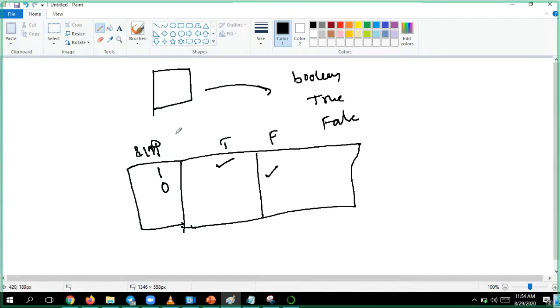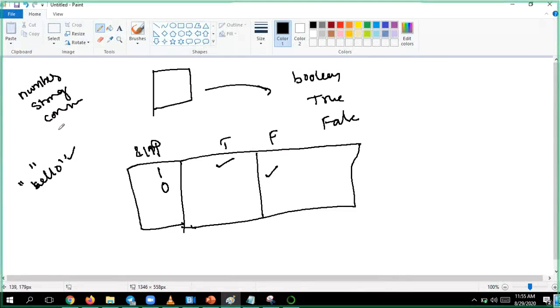Apart from 1 and 0, the other thing to be remembered is in which format you can give. I can provide it in string format also, like hello. This is one type of input. I can provide numbers, I can provide string, I can provide complex.